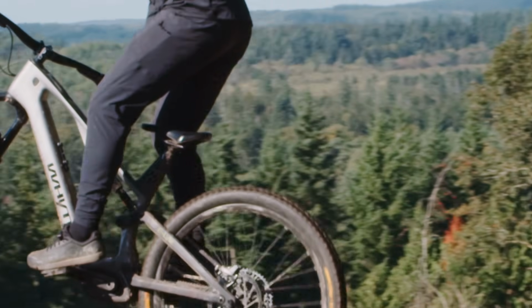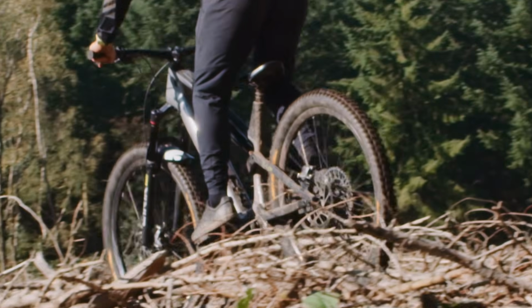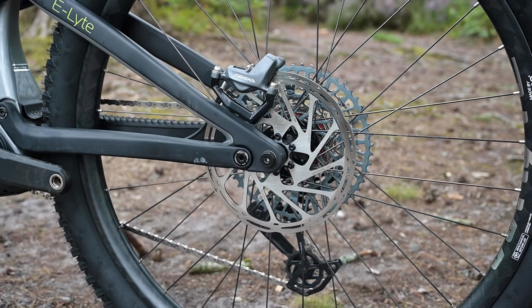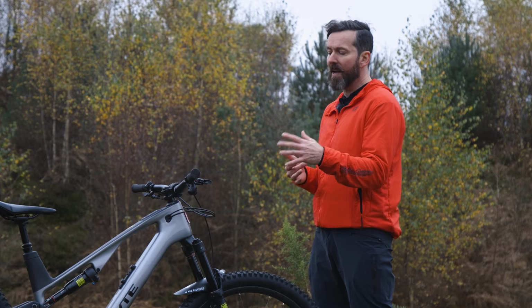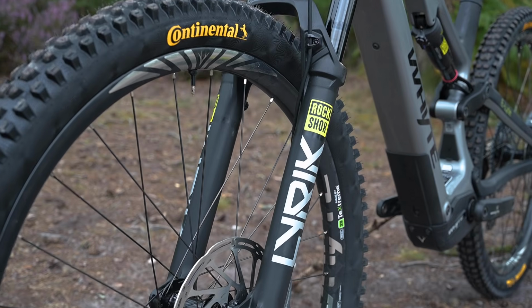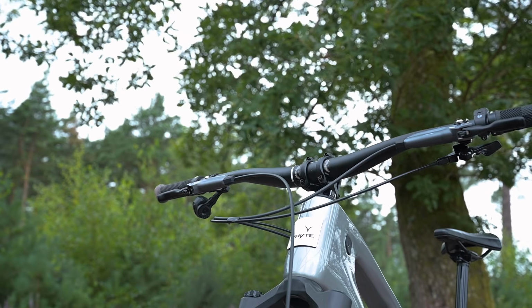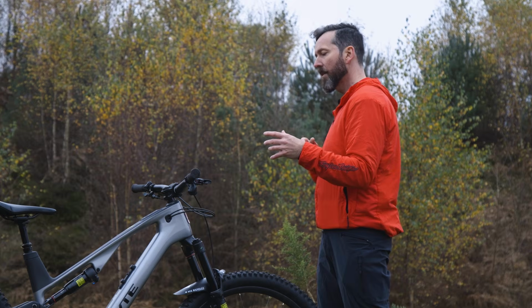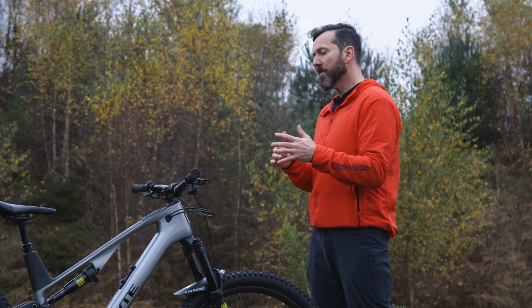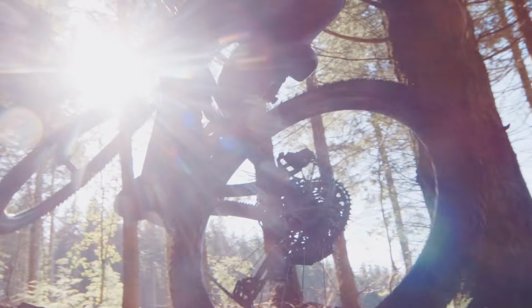And they've sweated the details with the GO2. It's a full 29er. Again, it's got 453 chainstays, so it's got a long chainstay like the Cannondale. The reach is good. In the past, you would have said Whyte's geometry was super progressive. The geometry is just the same as everybody else's now, right? They're all the same. But what I like on this bike, and I'm not always a fan of super short stems, but because you've got the long chainstay and it's an e-bike, I like the short stem because it allows me to get my weight back. It's not that I want my weight back, it just puts me in the right